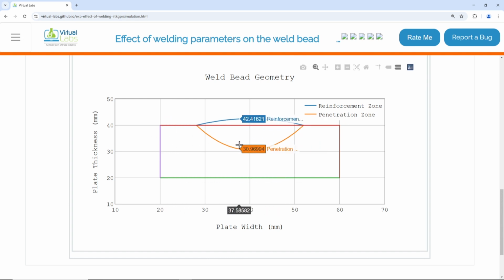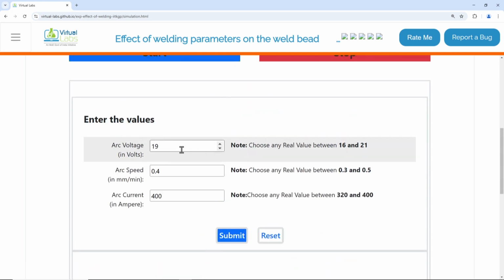For example, if I try to see this parameter, this point is 30.0097, the yellow color that you could see, and the above point is the blue color that you could see, is 42.51. So that means around 12 millimeters of the depth of the bead is there. So for different parameters, this is simulated while taking experiments at different parameters, or while using the theory, the formula is used to develop this simulation.